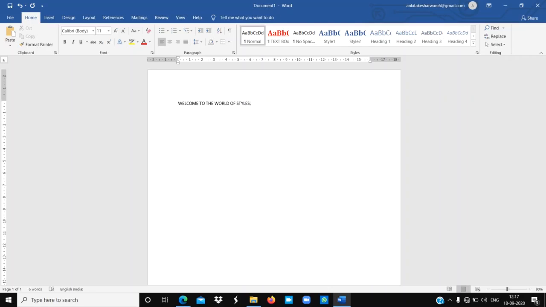If you want to change the font size of this text, you have to select it. Now in this font group you can increase the font size to any point. For example, right now I am clicking on 24.